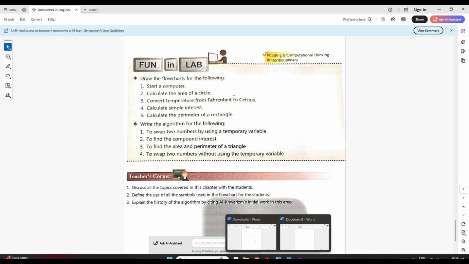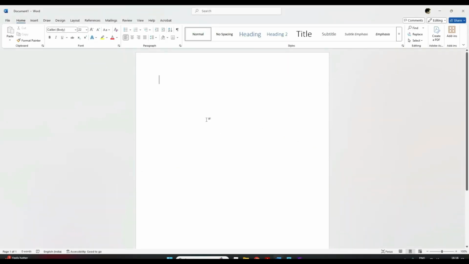Now let's try to write and see how it happens. Okay, now here I have a variable A with value suppose 5. Another variable B with value suppose 9. So what should be my output?